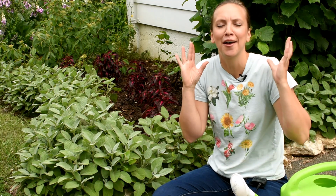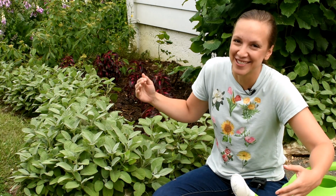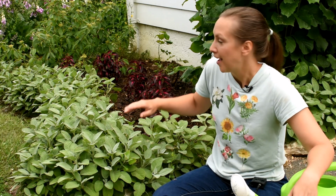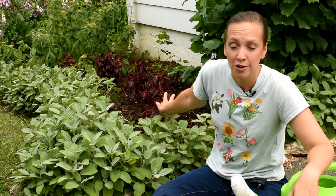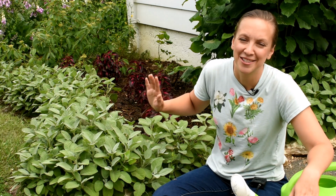So I hope you can visualize how this bed is going to look in 2 months, even though it's not the end result right now. One other thing I should mention, you might notice that I did not mulch this bed, and we don't ever want to mulch an area where we've direct seeded something. That's going to severely,